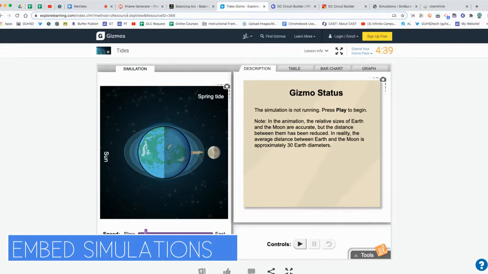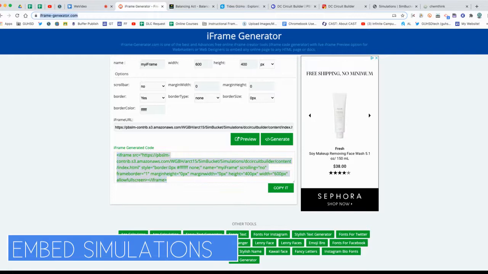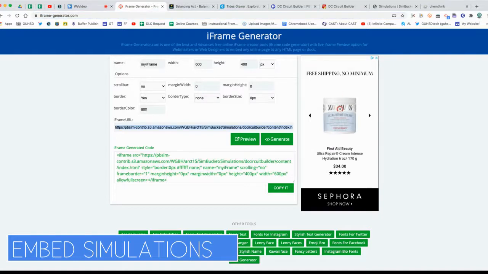And the way that we're going to do that is we're going to first start by copying the URL here at the top. We're just going to select copy. And then we're going to go to a website called iframe-generator.com. You can Google this, or you can type this into the URL bar at the top. Once we do that,